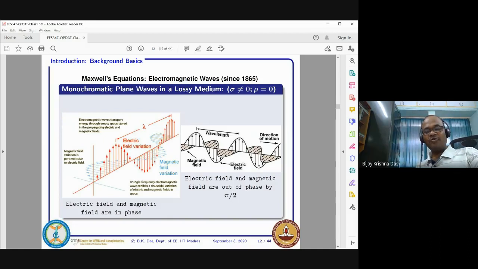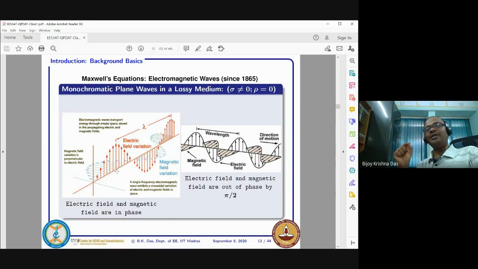So now my question is, you think a bit. This question is very qualitative, but very interesting. Suppose you keep tracking time at a particular point and try to find what is happening to the energy here. You will find an instant of time when the electric field and magnetic field are both zero. That means at that particular point, what is the energy? Zero.